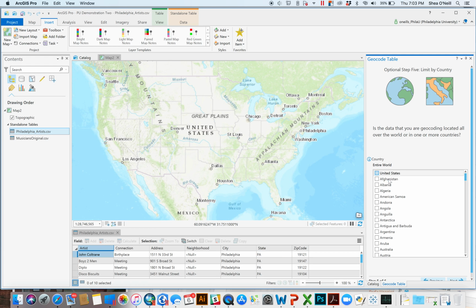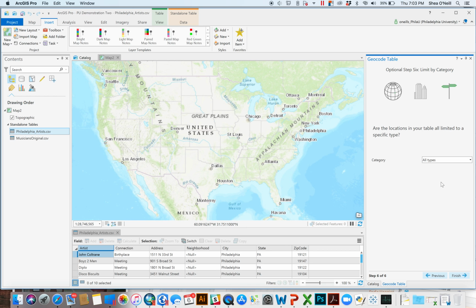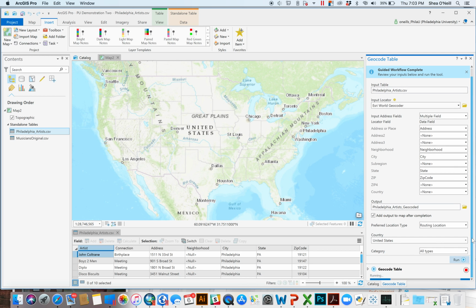This last thing, it's usually somewhat helpful when using the world locator. We only have addresses in the U.S., so we could just say, hey, only look in the U.S. It just speeds it up slightly. You wouldn't do this, obviously, if you had addresses everywhere. We'd hit next. Keep it as all types right here. Hit finish and run. And it'll do its thing, and hopefully if I didn't make any errors,